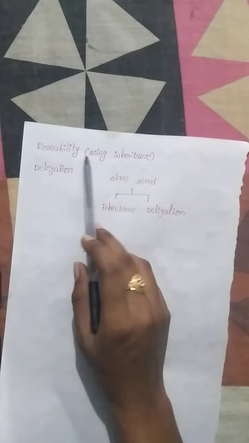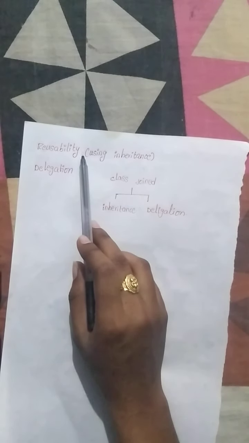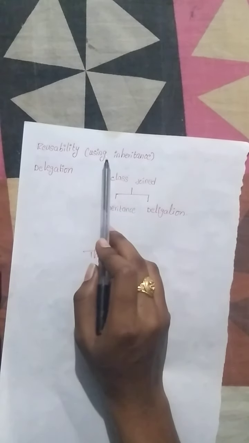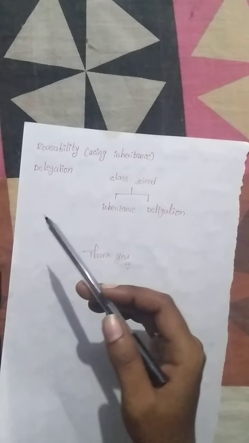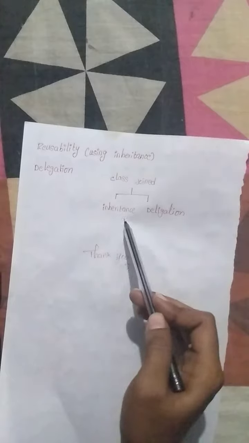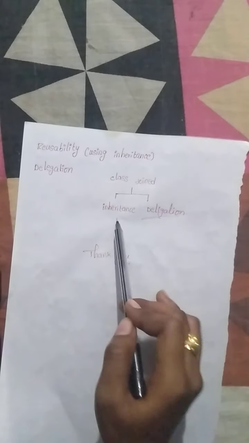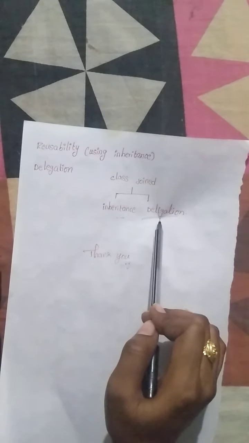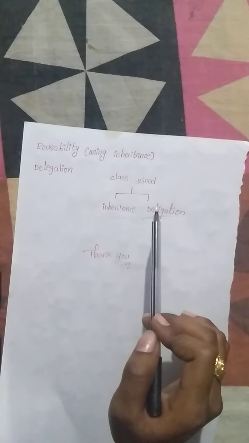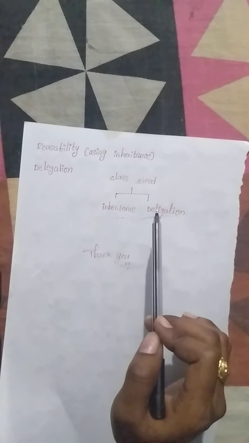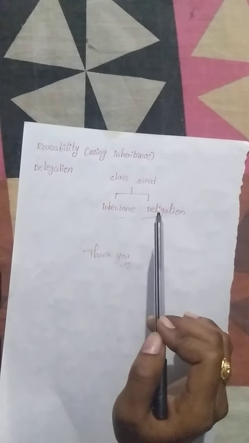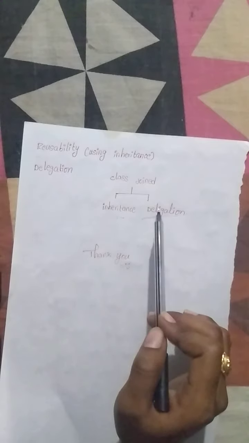These both are also key concepts of OOPS. Reusability: this concept we use through inheritance. Next, delegation. Basically, in object oriented programming, classes are joined in two ways. One is inheritance and the second one is delegation. We know about inheritance. Second point, delegation, which means on a single class we can create one object. That object will act as a data member of another class, which is called delegation.